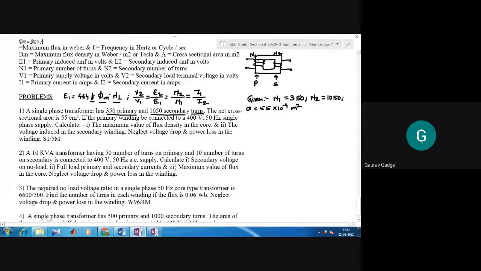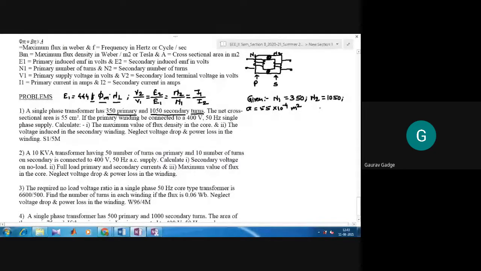And the cross-sectional area of the complete core should be the same. This is just a manual mistake which I made. The cross-sectional area means this cross-sectional area. So it is to be the same for all the sides, maybe upper side, lower side, right side or left side. The cross-sectional area should be the same, and it always is.